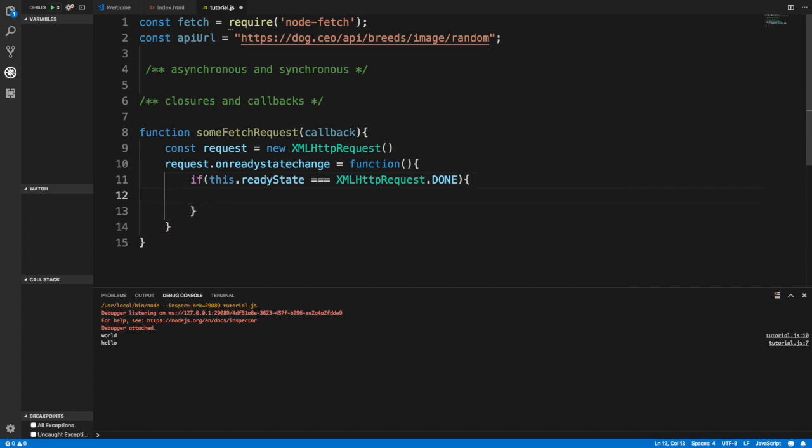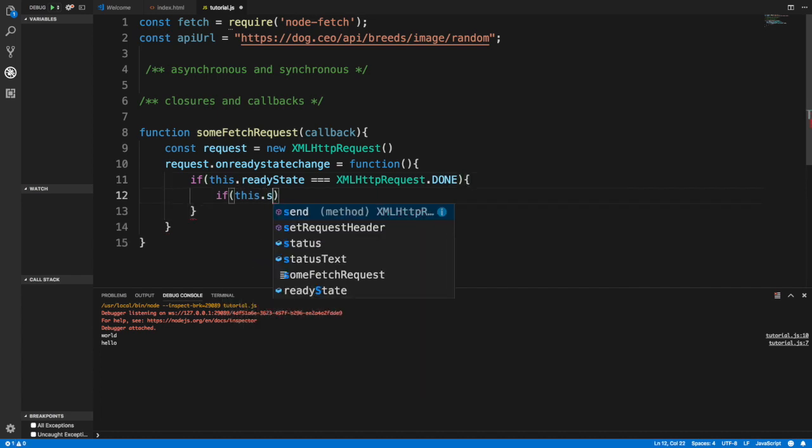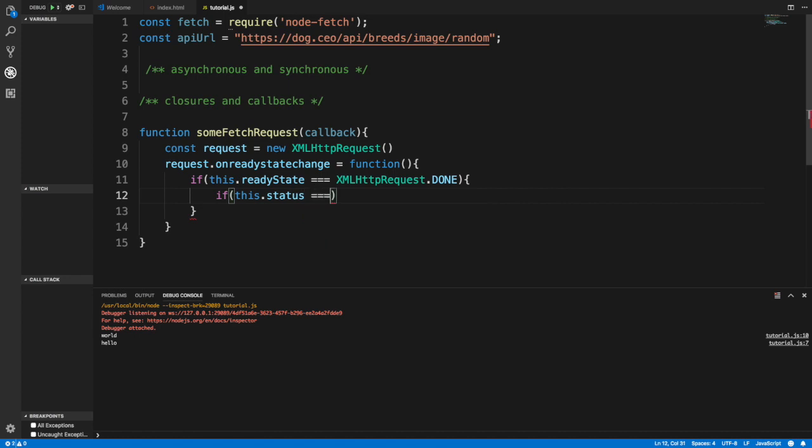And if that was good, then we would check this.status equals 200 to see if the request actually worked. And if it worked, then we have our response, which would be this.responseText,